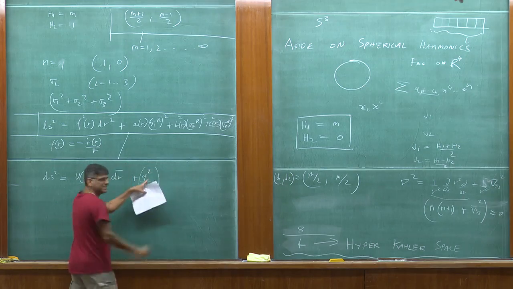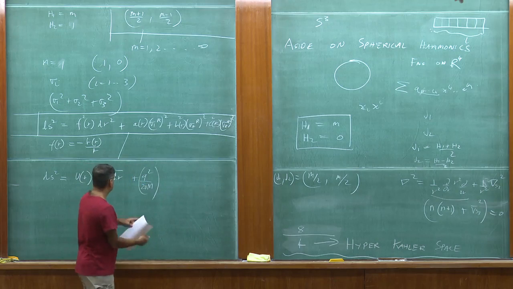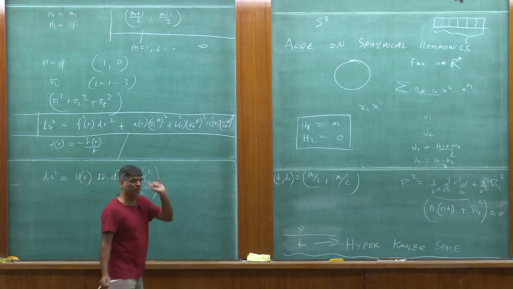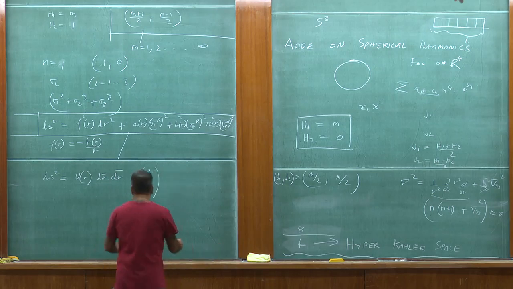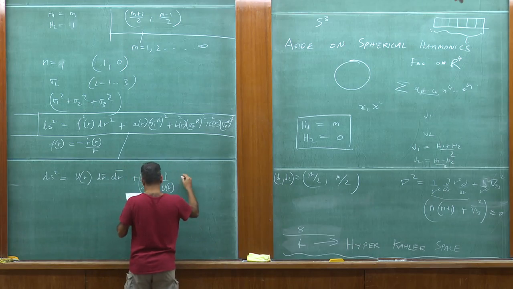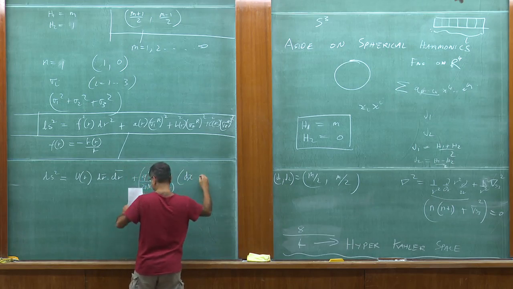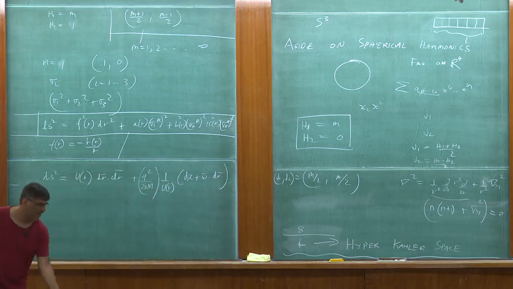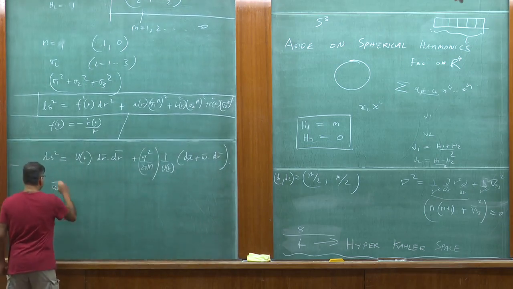These are all constants. These are the constants we had in previous lectures. G is the coupling constant. M was the mass of a monopole. Okay, these are all constants, divided by 1 by u of r into d chi plus omega dot dr. I'm going to tell you a little bit more about what this is, where omega